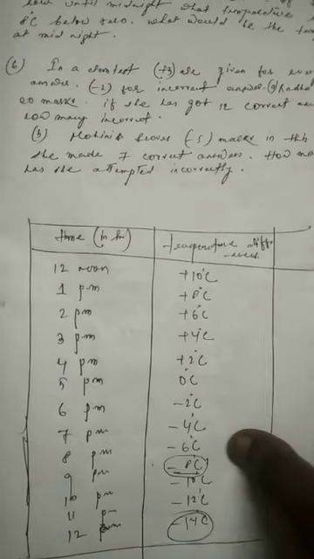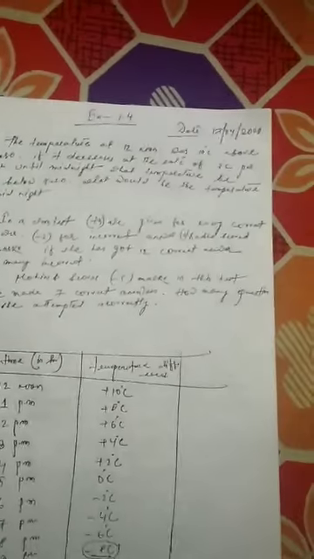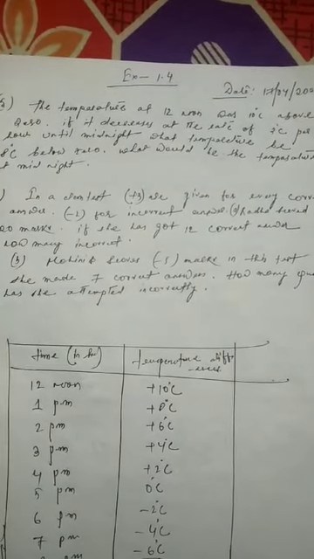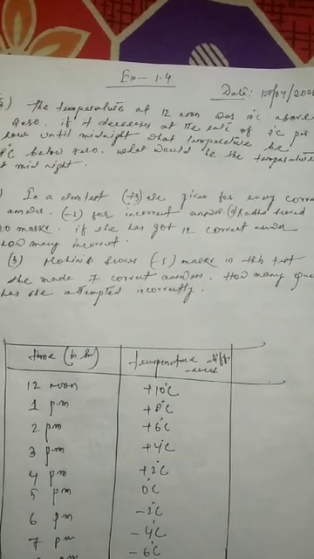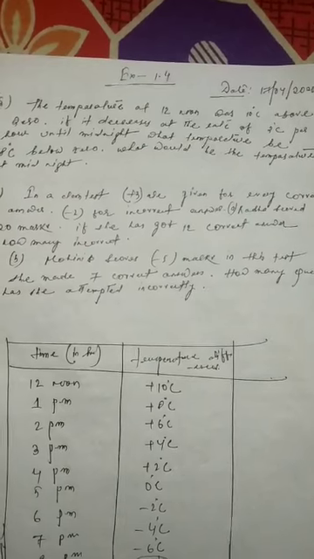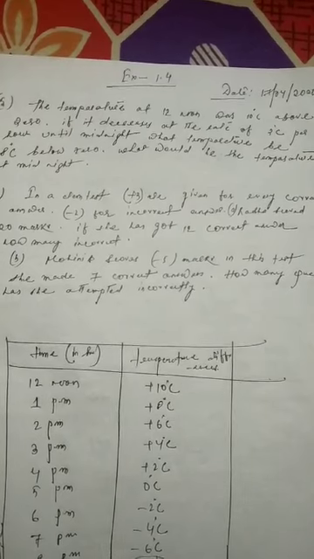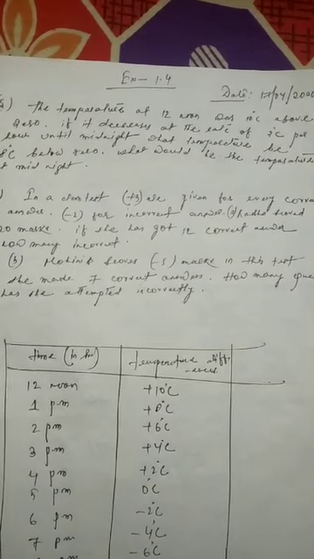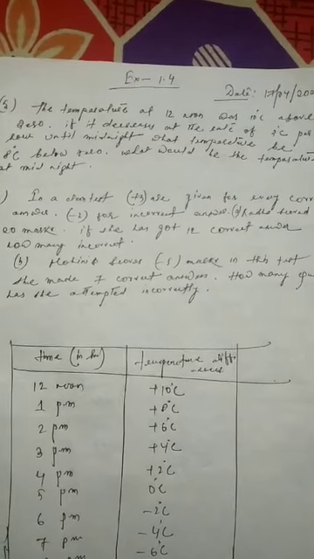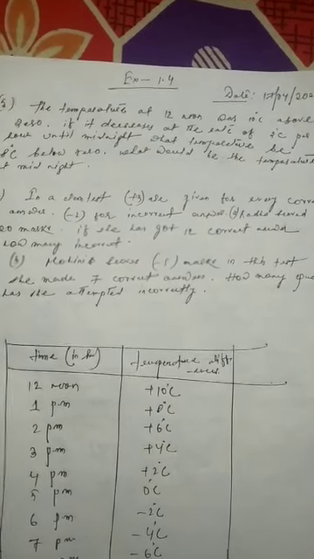So now, question number 6 is about a class test. Plus 3 marks are given for every correct answer, and minus 2 is awarded for every incorrect answer, and no marks will be given for unattempted questions. 0 marks is for unattempted questions. Radha scored 20 marks. If she has got 12 correct answers, how many incorrect answers had she attempted? Children, it's really very important to understand the question first.